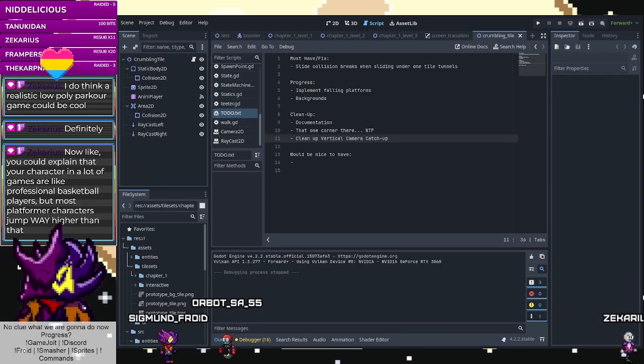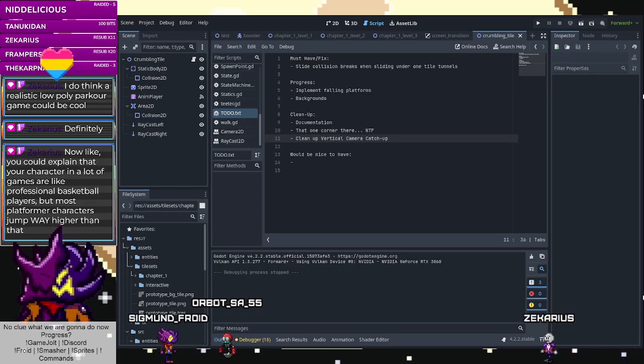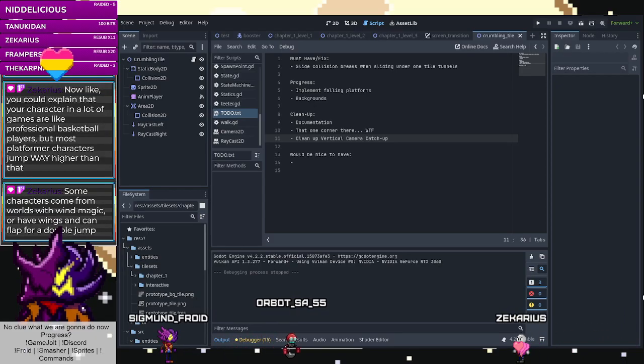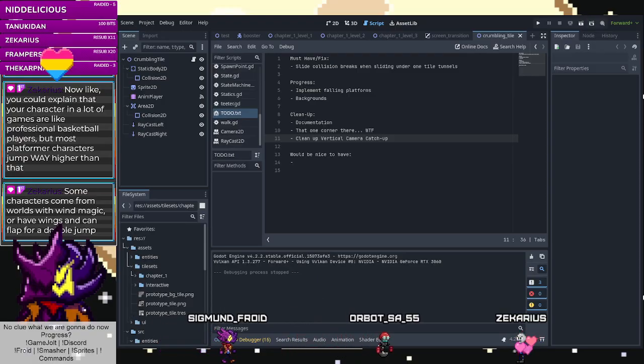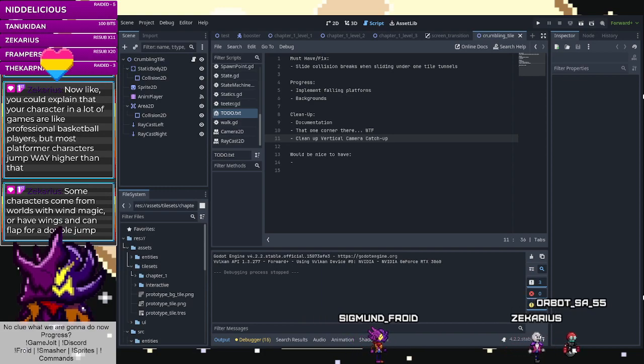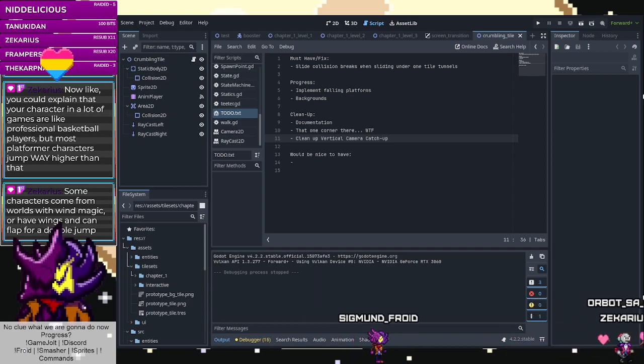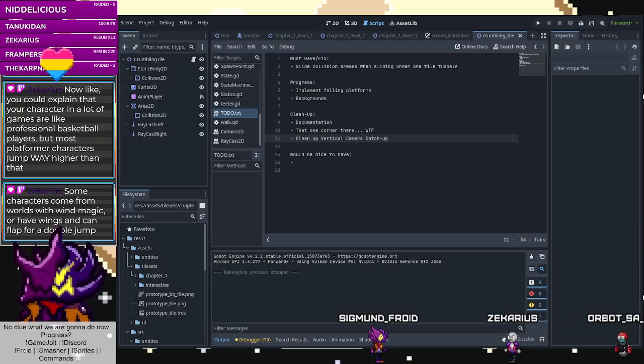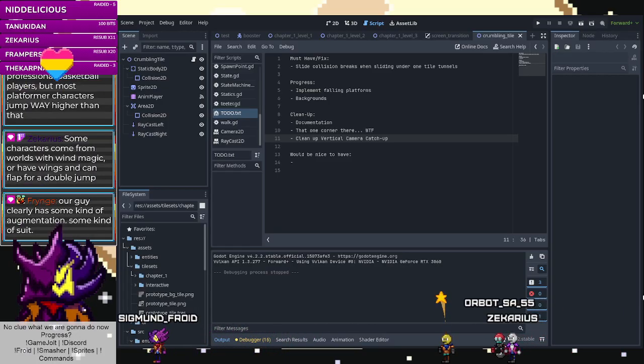So, for example, in Portal you have the spring shoe thingies, which dampen your landing. And I could reasonably assume that they also help you jump better. Like, it's not impossible. Samus also, for example, gets the high jump boots and